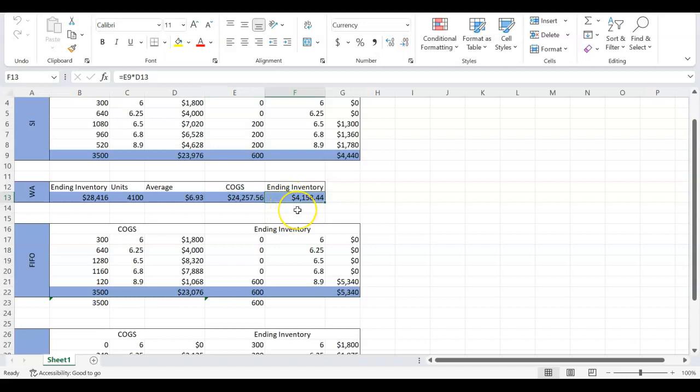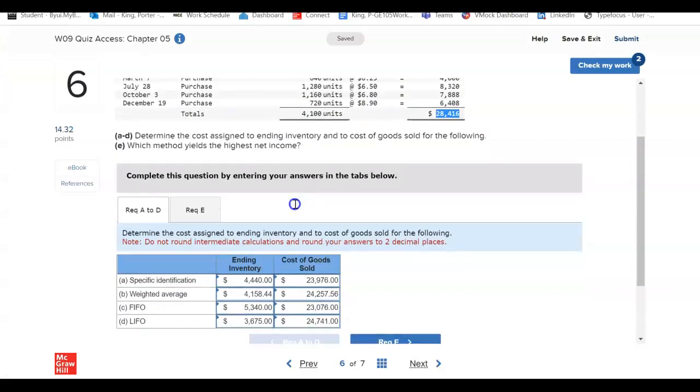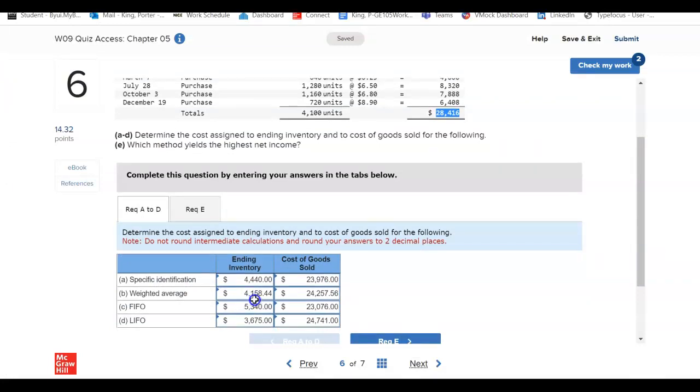And for our ending inventory, I took the 600 from right here, multiplied that by 6.93, and our answer for that was 4,158.44. So we punched both of those in, and as we can see here in the red, do not round intermediate calculations and round your answer to the second decimal place. So we just did to the second decimal place here, as well as this one of